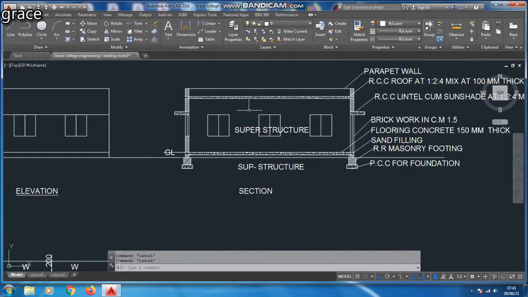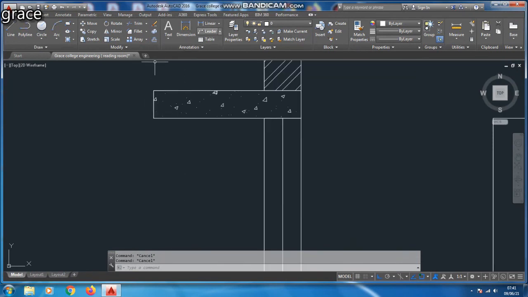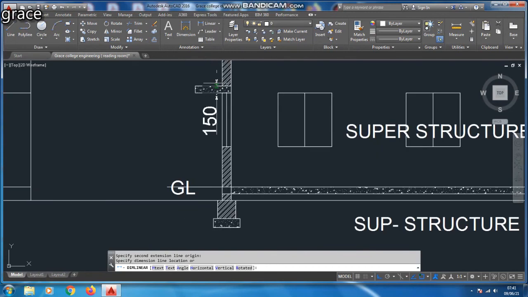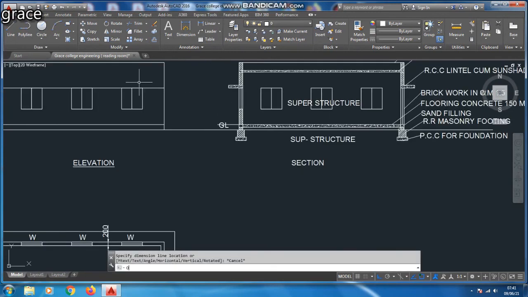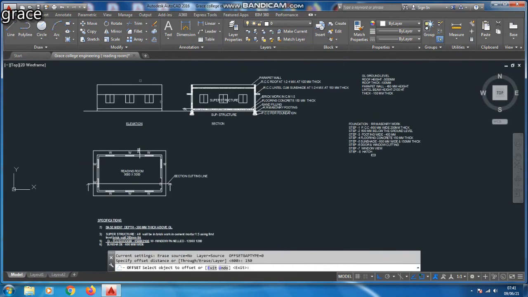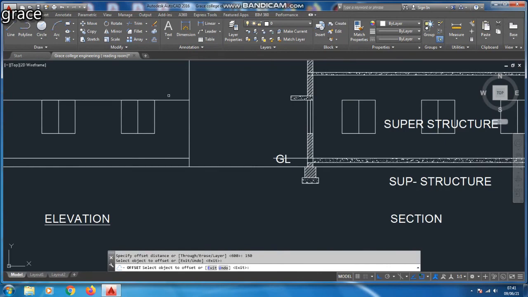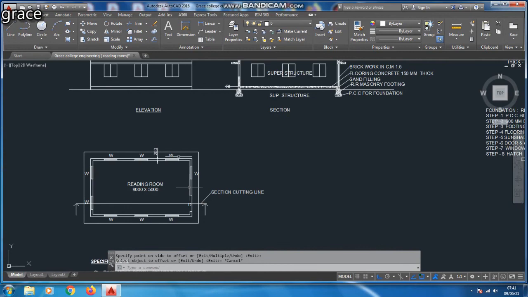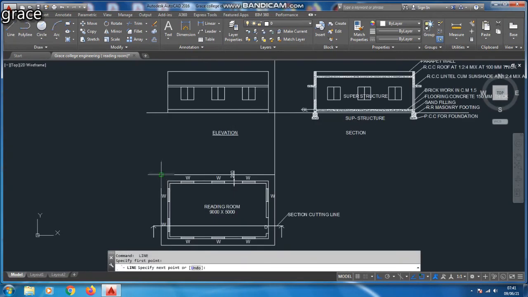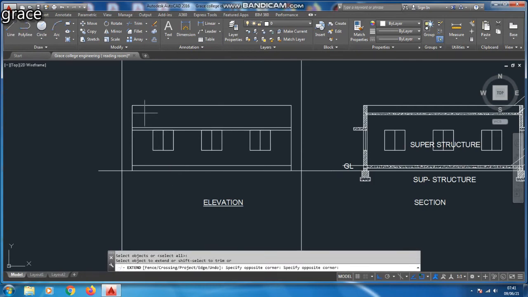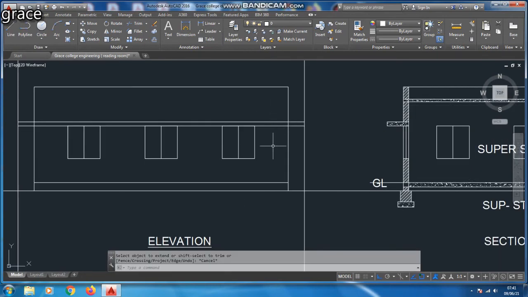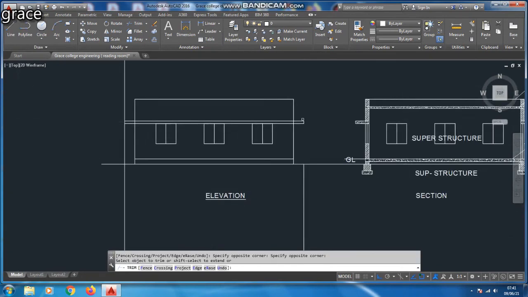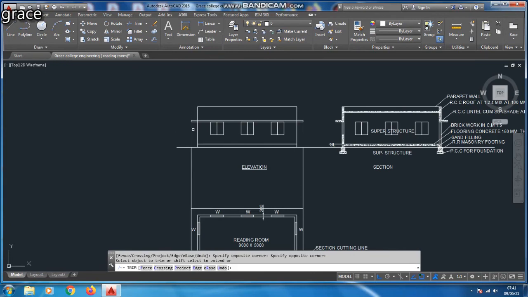So the sunshade thickness is 150 mm. So we are going to offset the line for 150 mm. Okay. So we are going to extend the lines by using the extend command to draw the sunshade and trim the excess line from the source objects.